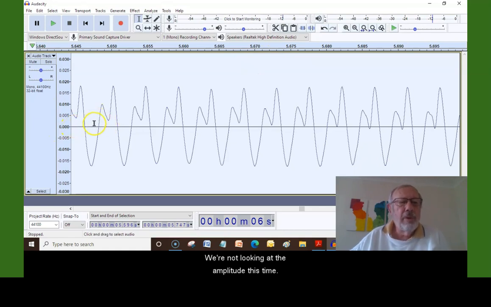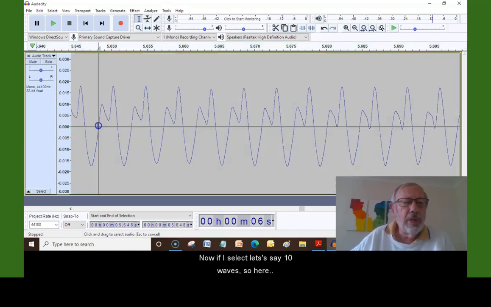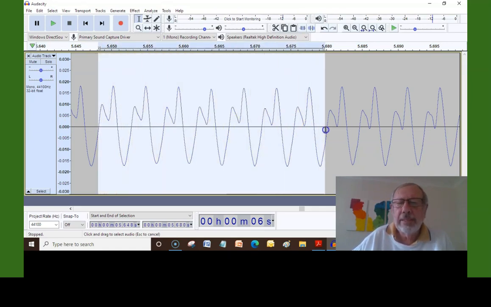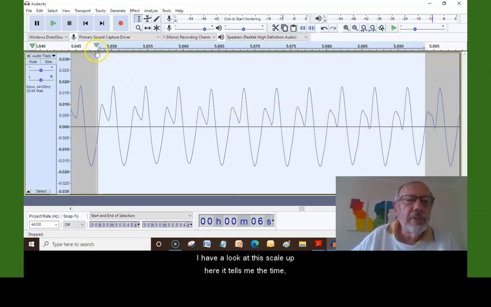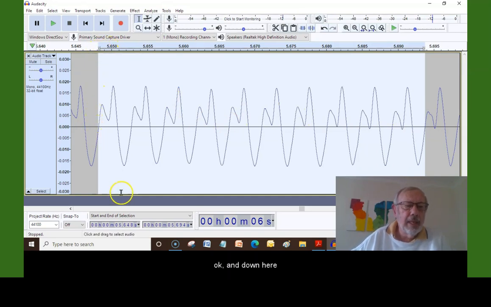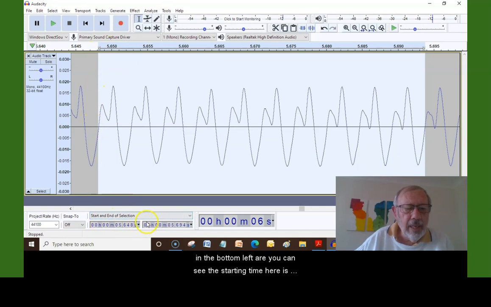And now if I select, let's say 10 waves, all right, I've got 10 waves there. And if I have a look at this scale up here, it tells me the time, okay? And down here in the bottom left, you can see the starting time here is